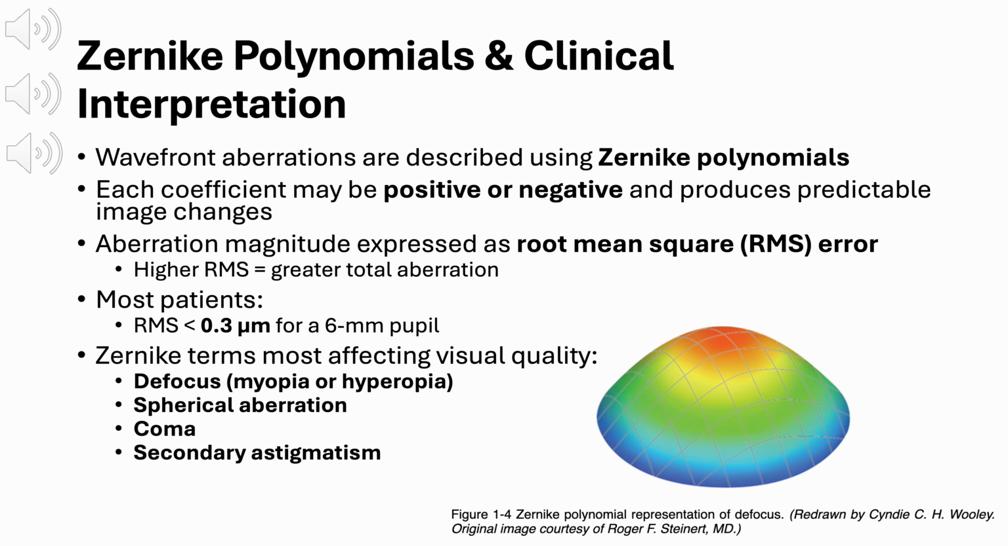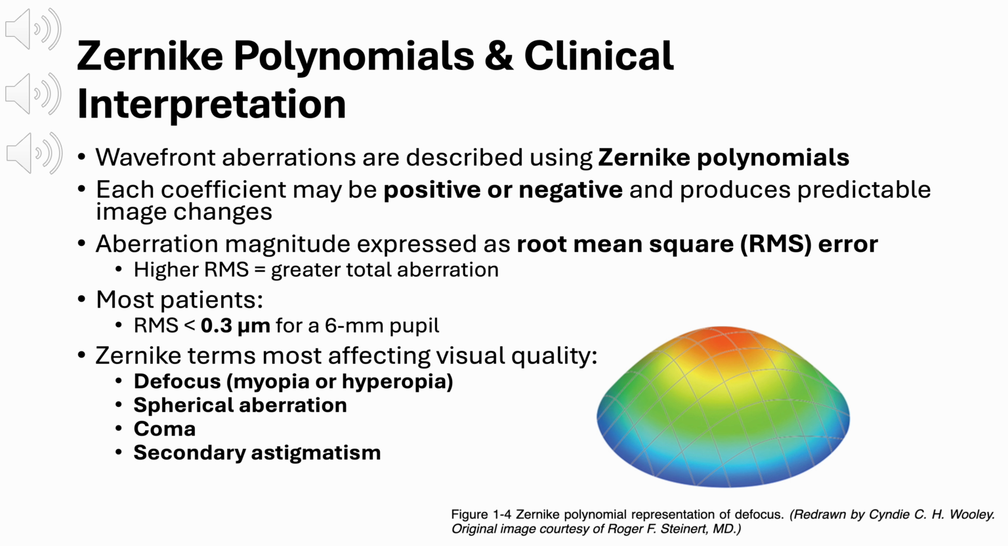The ones that most strongly impact visual quality include defocus, which corresponds to myopia or hyperopia, spherical aberration, coma, and secondary astigmatism. Understanding which Zernike terms are elevated helps explain a patient's visual symptoms and guides how we think about refractive correction. The image in the bottom right of the slide is a visual way to show what a single